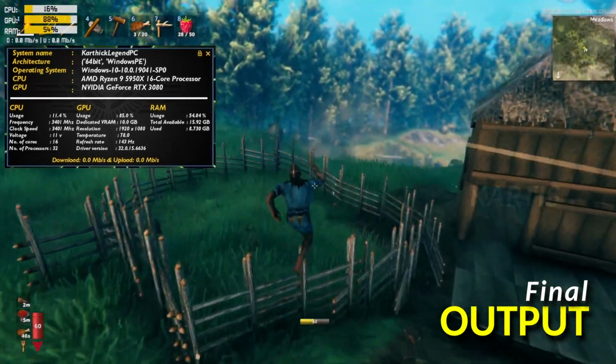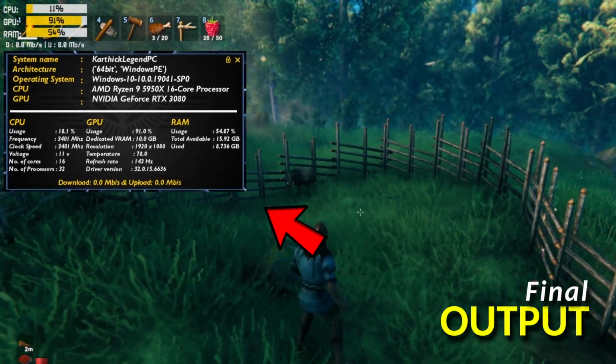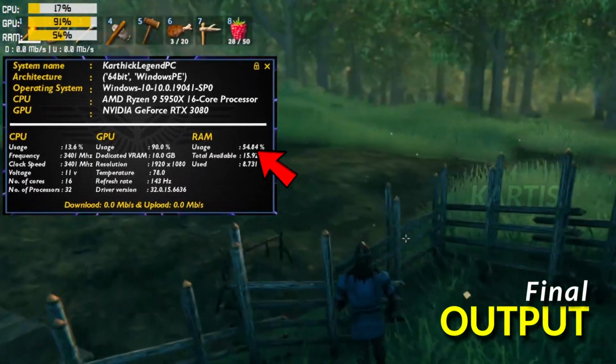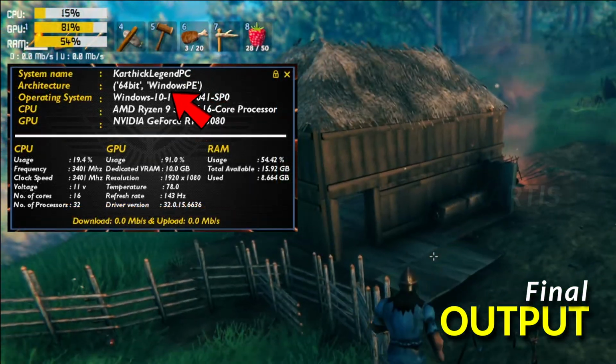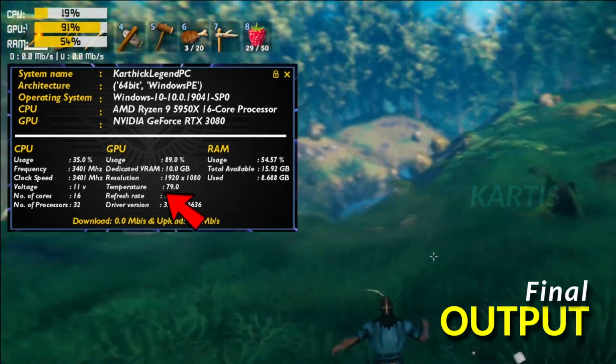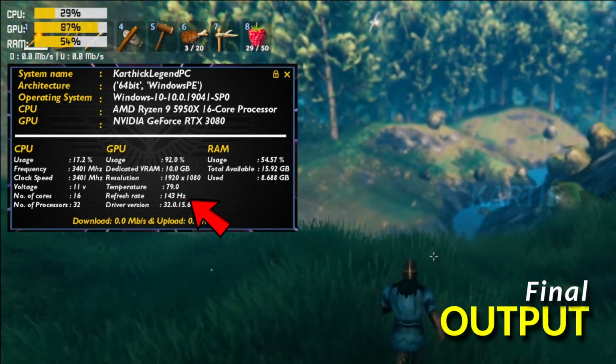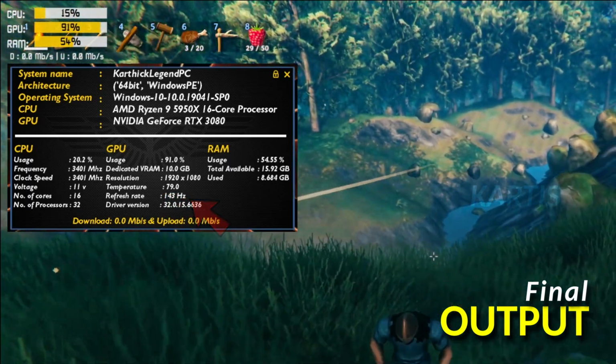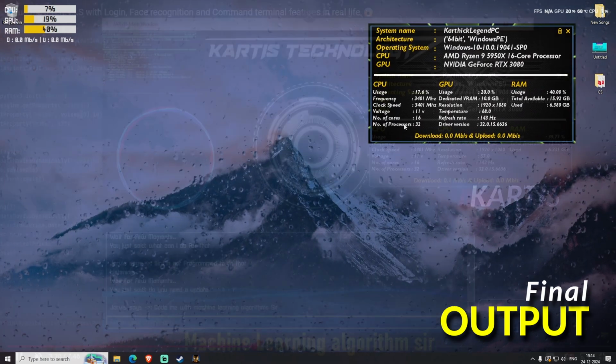I have an overlay UI on the left. It says the CPU usage, GPU usage, RAM usage, and the system name. And it also has some additional details called the usage frequency. The refresh rate is 143. The temperature is around 78, it is dynamically changing and we can move this overlay anywhere else, but the network